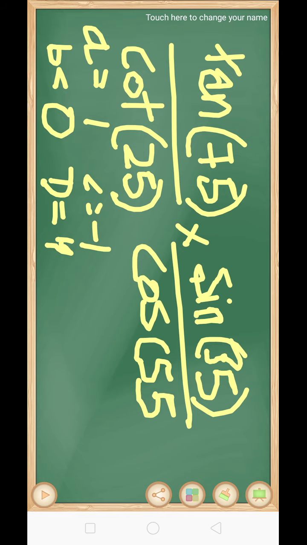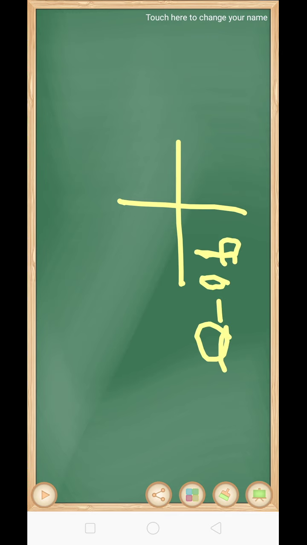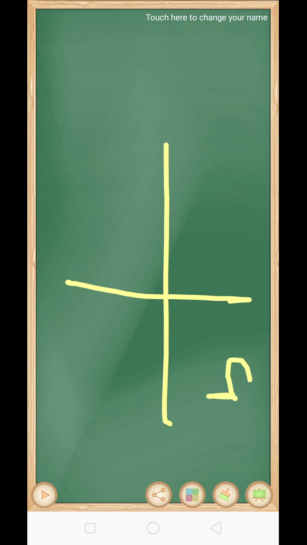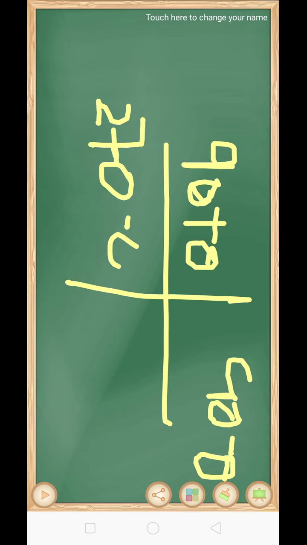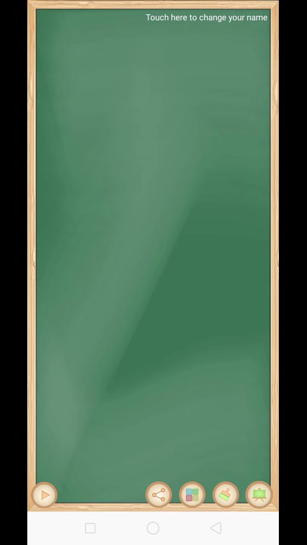Since you know that there are 4 quadrants, that is 90 minus theta, 90 plus theta, 270 minus theta, 270 plus theta. Since we are given this, that is 90 minus theta, that is